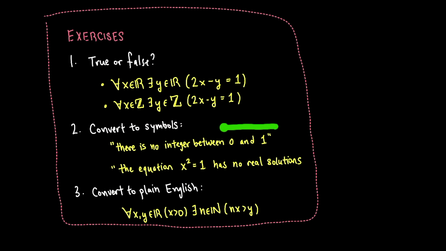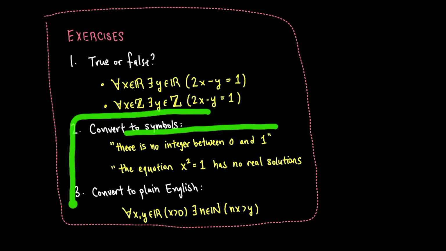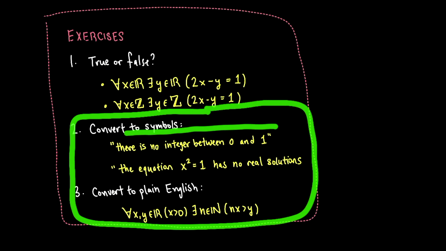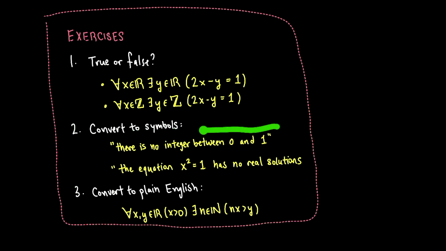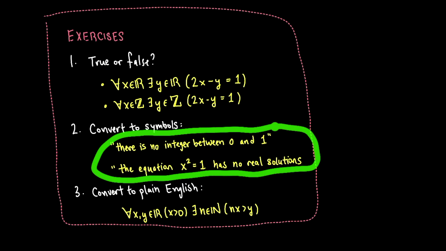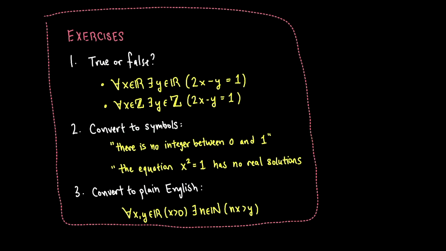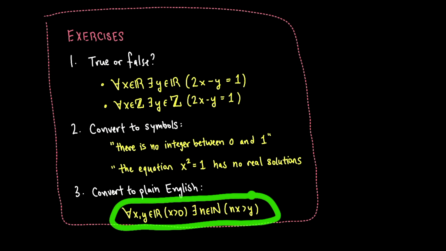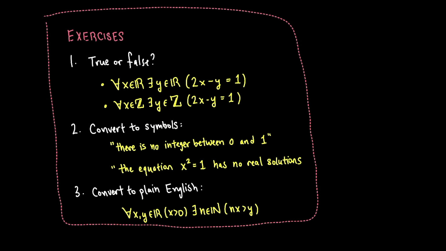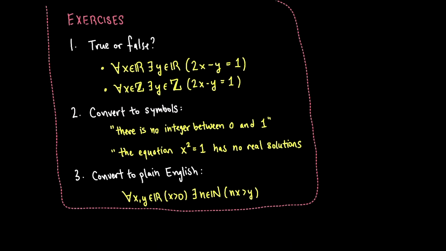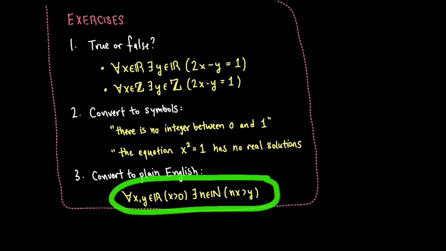And here's a couple exercises where I ask you to convert between symbols and plain English. So here are a couple plain English sentences that I'd like you to convert to quantified logical statements. And conversely, here's a symbolic statement that I want you to convert into a plain English statement without using too many symbols in it. So this third exercise here is actually pretty tricky, so I'm really curious